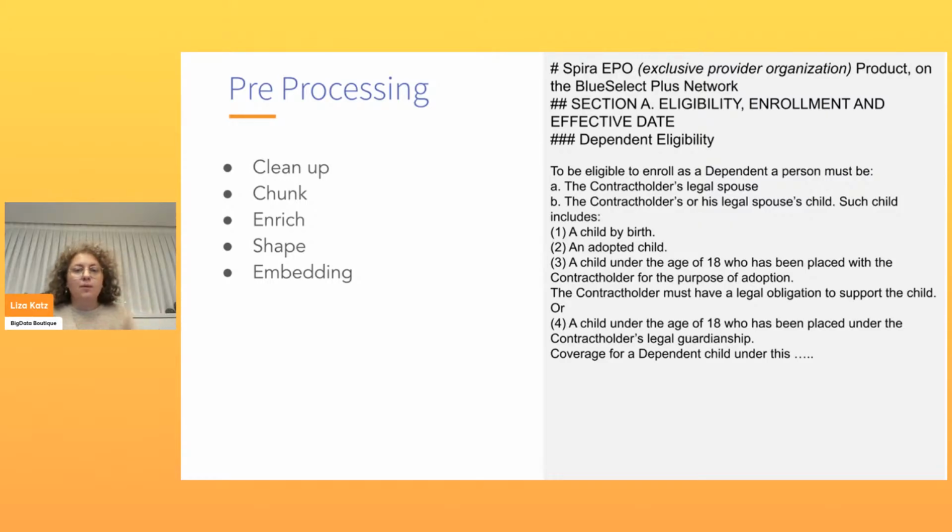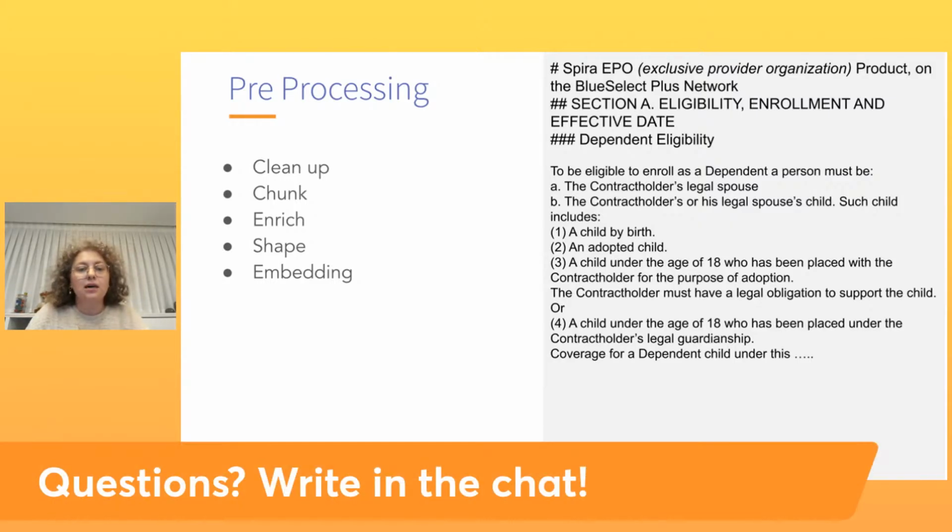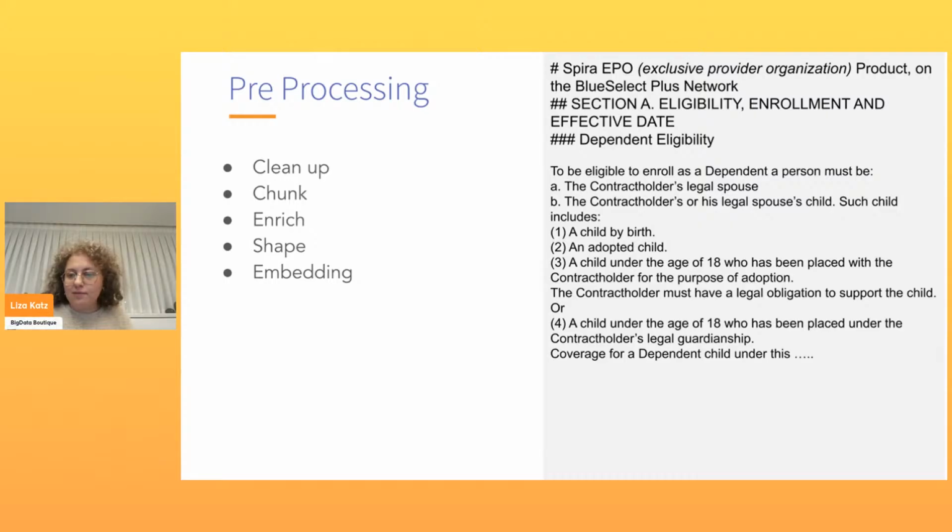And what this means is, regardless of whether our text says person or human, dependent or child, or maybe if section A has a typo, it says contract holder without a space, regardless of the specific wording, it's going to capture the actual meaning of the text. And this will enable us to do really interesting retrieval patterns when we do retrieval. So this is a great time for a question before we move on.